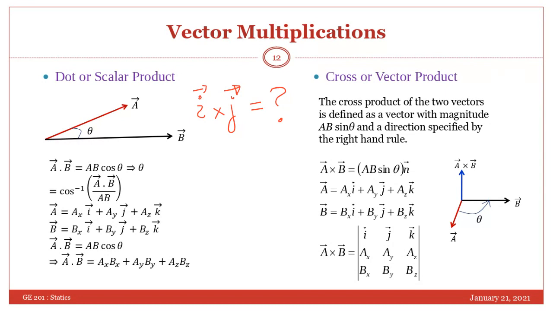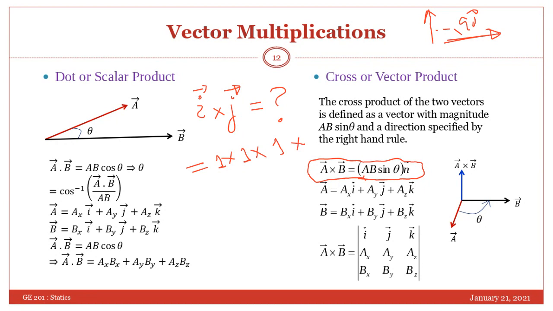When you multiply 1, I think. 1, how come it will be 1? Let us see. This is the formula. The magnitude of vector i is 1, and the magnitude of vector j is also 1. The angle will be 90 degrees because i and j are at 90 degrees from each other. So sine 90 is 1. But all these will be equal to 1. That is correct. But together with that, there is a unit vector.